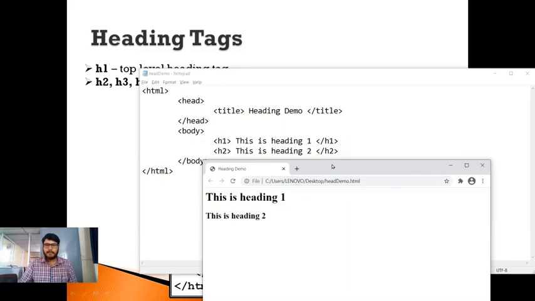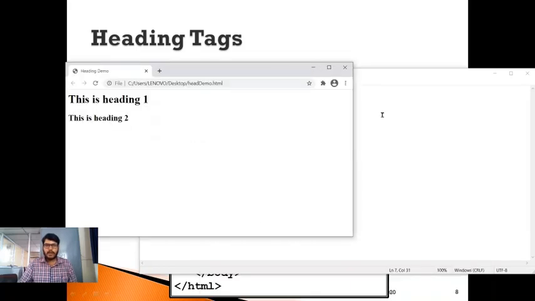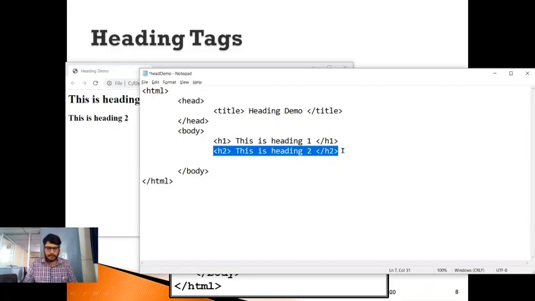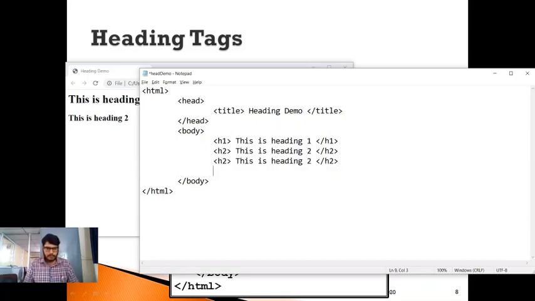So similarly, we can include heading 3. Let me do this very quickly. Let me copy the above statement and paste here. Okay, so now let me modify this one as H3 and similarly this one as the H3 closing tag, and this one as H4, this one as H4.